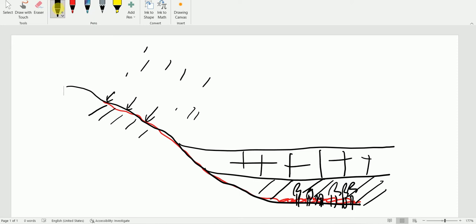So in due course of time, under high pressure and temperature, these forests will be fossilized and will become a mineral. So in this way, coals are formed